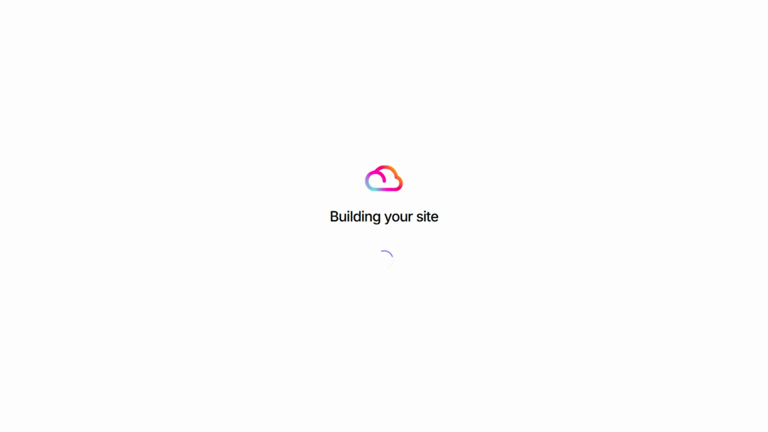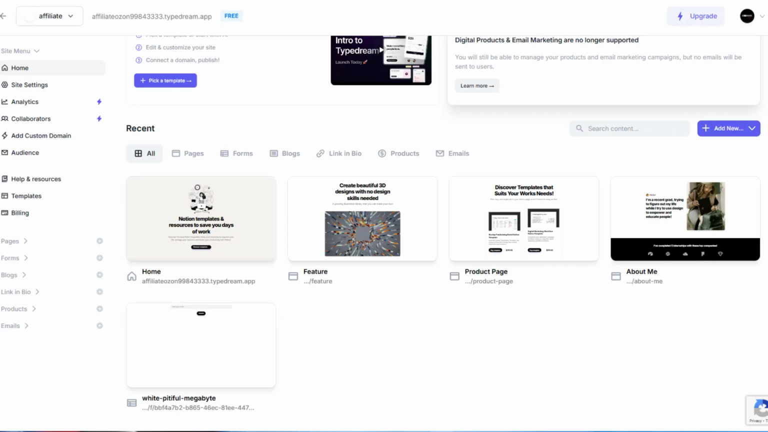Now you'll see the TypeDream will start building your site, and by just waiting for a few seconds, you would see it has created a full workspace for you to work on for your affiliate website. You'll see all of your pages. If you want to edit any components of the page, you can click on the page and you can edit it from there. As you can see, it has given you AI content to work with too, because this whole